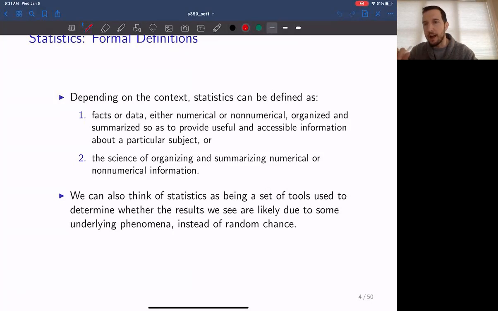The second definition, the science of organizing and summarizing. This definition refers to how we actually go about organizing the values, the properties that belong to the different estimators that we have studied. This is something that we will talk about a lot in the first month or so of this class, specifically when we start looking at simple random sampling. We will review the properties of our estimators in the context of SRS quite a bit. And then, of course, what falls out of that is what you can actually do with these estimators, the kind of statements that you can make from these values, how we attach error to it, how we interpret them,